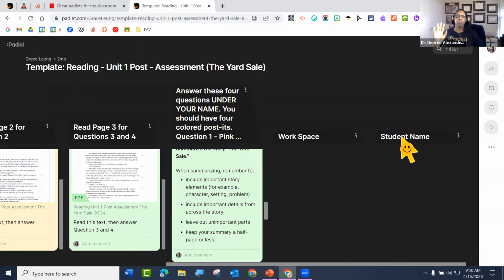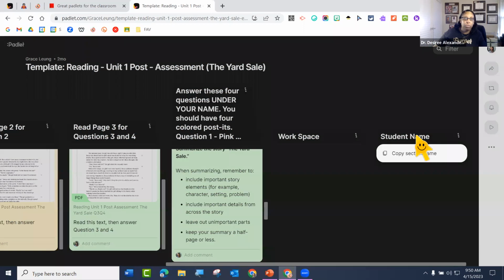And then remember, you can always archive, you can always recreate, right? So if you want to put all the students' names on it, definitely depending on the age of your student, you can make that template, archive it, and when you want to use that workbook page, recreate it, because you don't want to use your original. So you can always recreate it, all the students' names are there, and then they can post their answers under their names. So just little things like that.